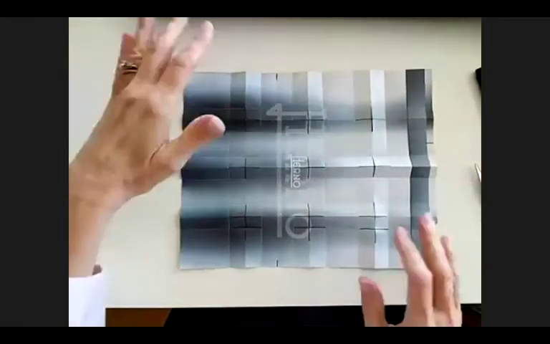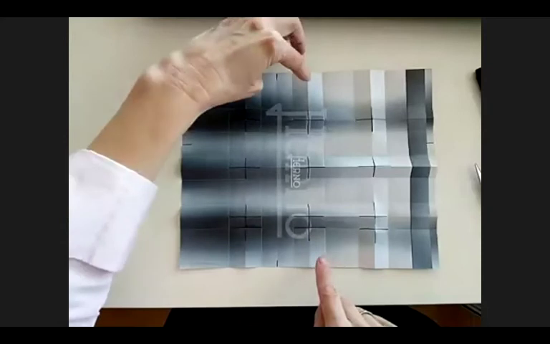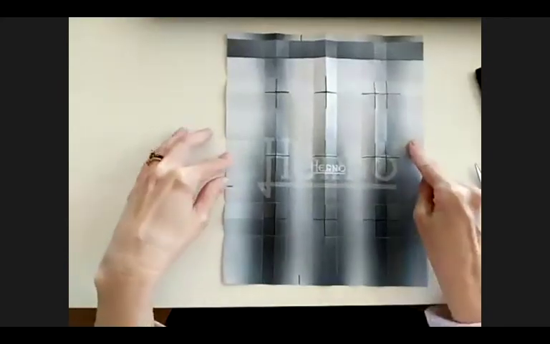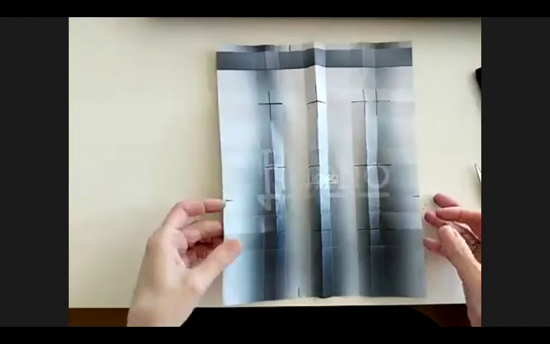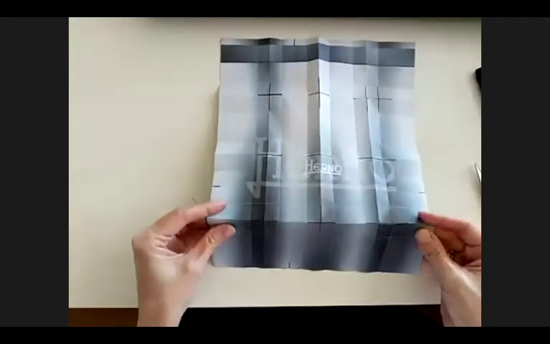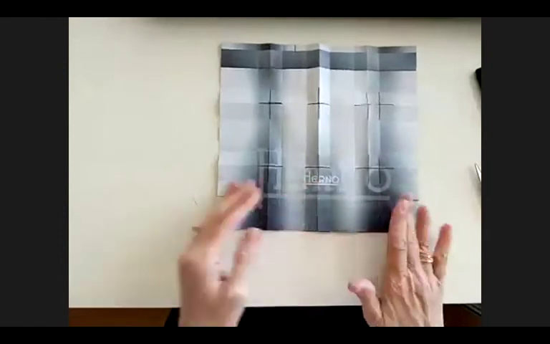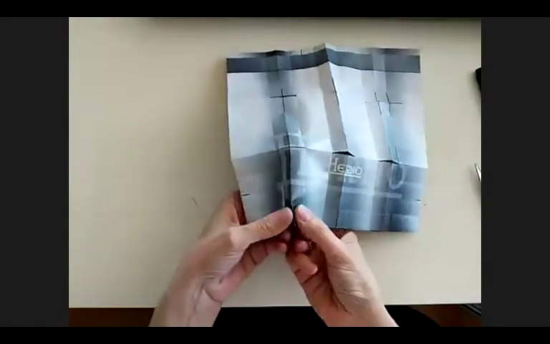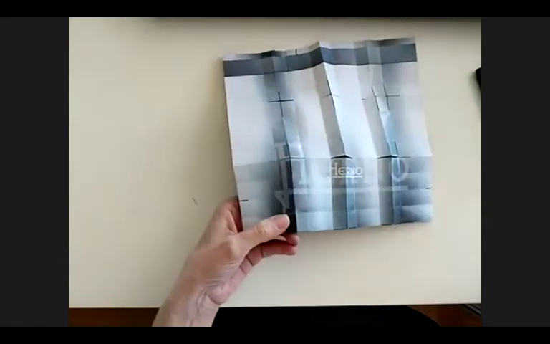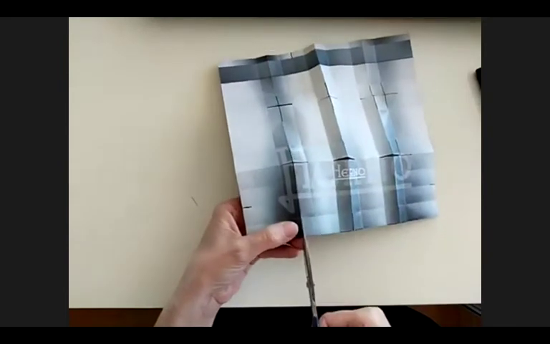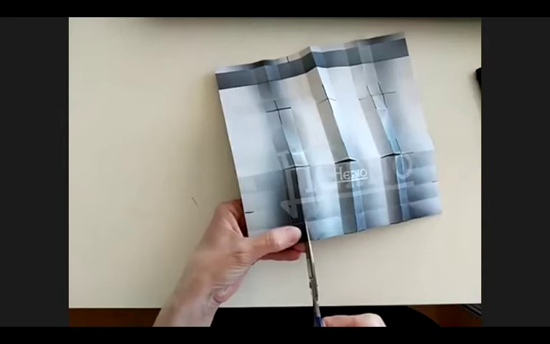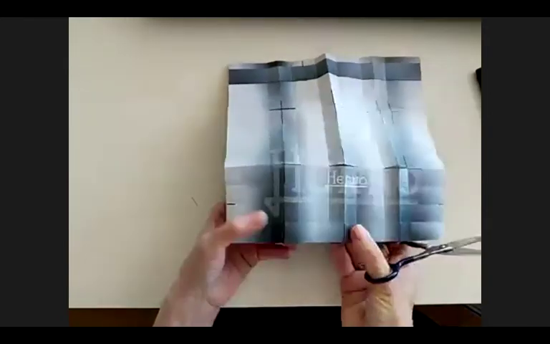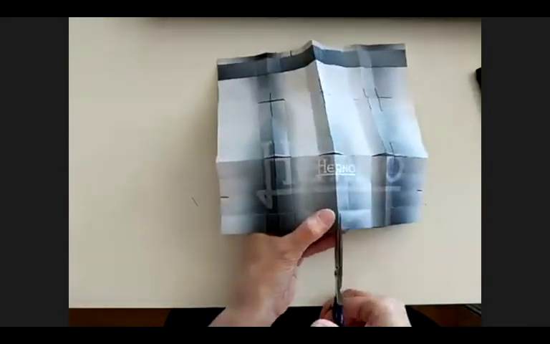All right, so now that we've hopefully got all of those done, we're going to rotate the paper 90 degrees, and we're just going to do the same thing again in the other direction. So I'm going to take this first mountain fold, tuck it back behind, and the same thing, I'm going to just pinch the mountain fold that's running in the other direction. And this is going to be a slightly longer cut because it's a slightly wider area. And then